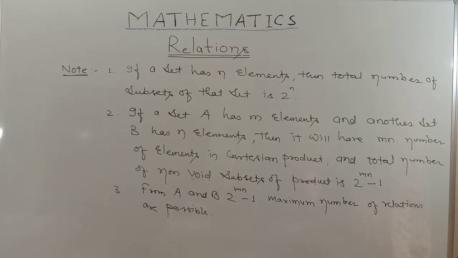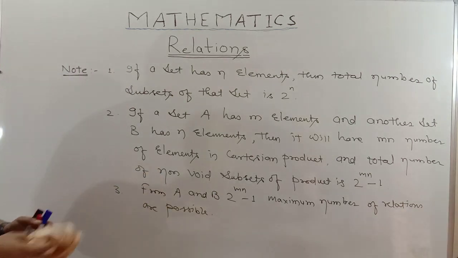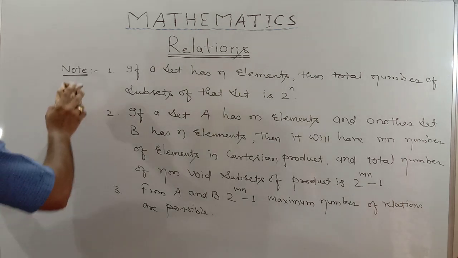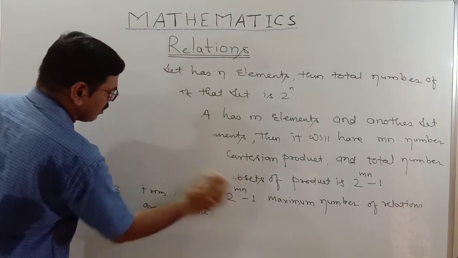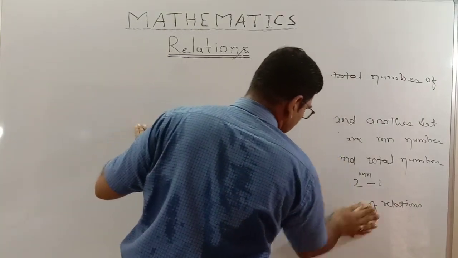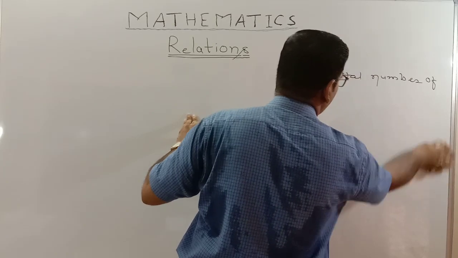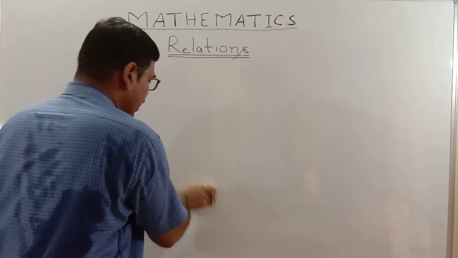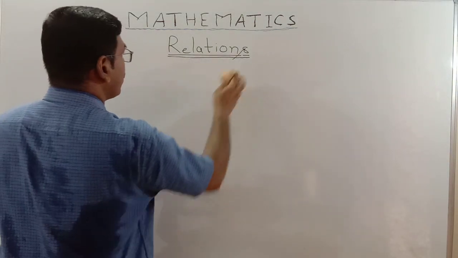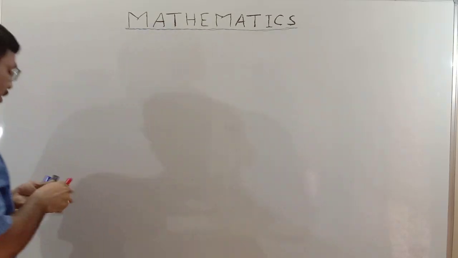Now next we must take one example. Later we'll take the example. Very first we should see the types of relations now. Okay, so you are just writing down all such things. You must note down all such things whatsoever we are studying, because if you write, then this will be your class notes.